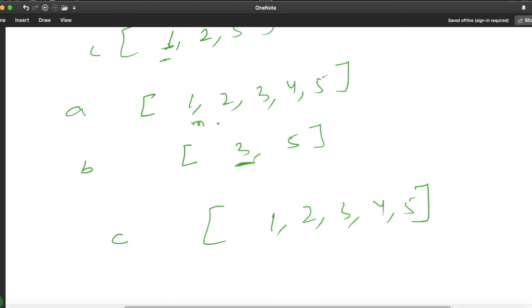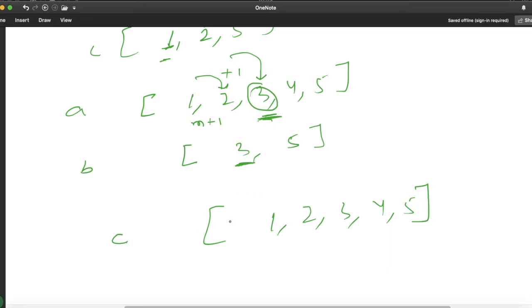My M is here. For the first check, yes, this is satisfying the condition. This P is less than or equal to this Q. We will add 1. My counter will be here. Now again this value is less than or equal to this 3. We will simply add 1. So my counter will be here. Now the next element is not satisfying that condition, so my counter will be at this element.